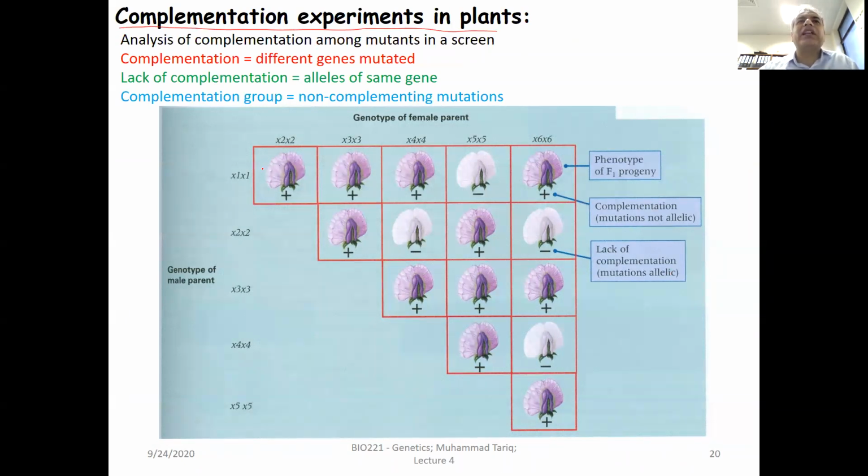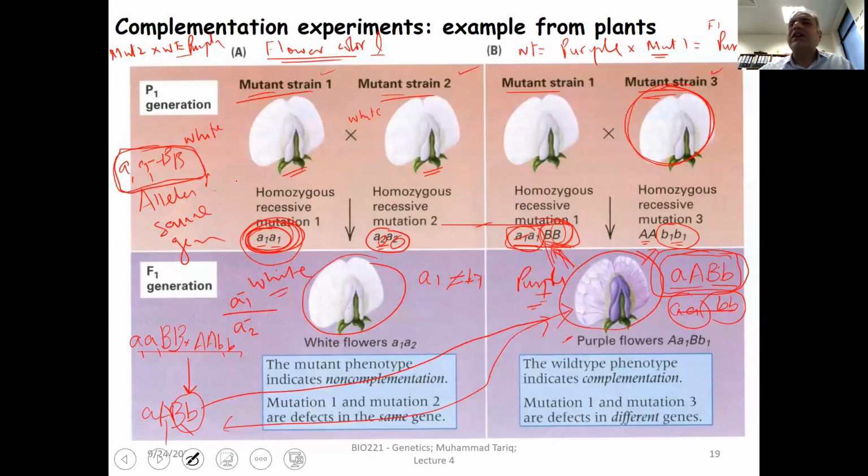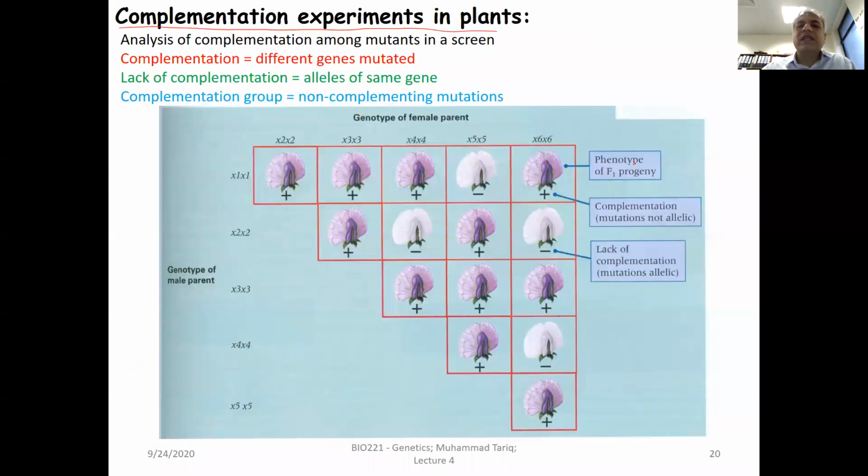A complementation experiment, for example, we did in yeast. We also looked at flies. We looked at now the plants. This is called a complementation table. Let's say you have now 5 or 6 different white phenotypes, and you do all these complementation crosses. What you see here, you draw a table,